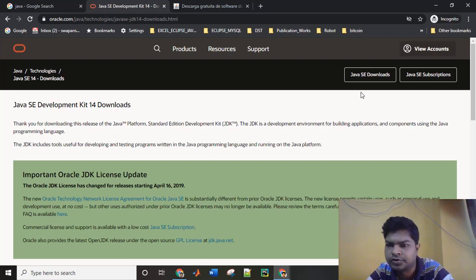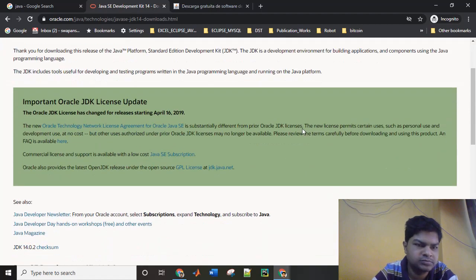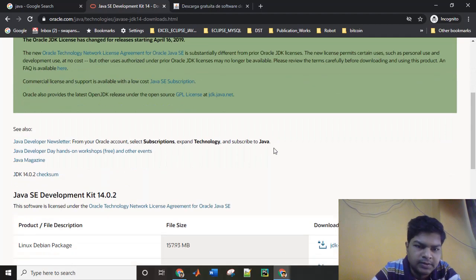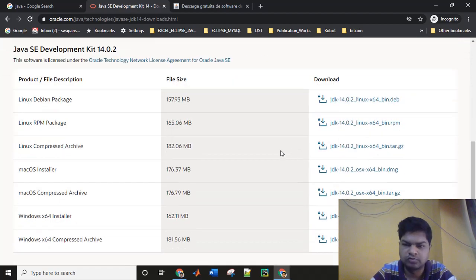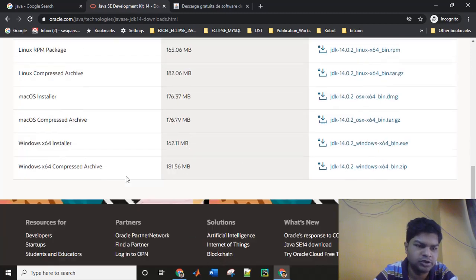So here it is showing Java downloads for subscription. Scroll down and you will find the different versions. We are using the Windows operating system, so you can choose your operating system from here.